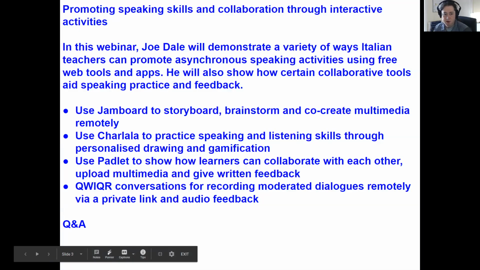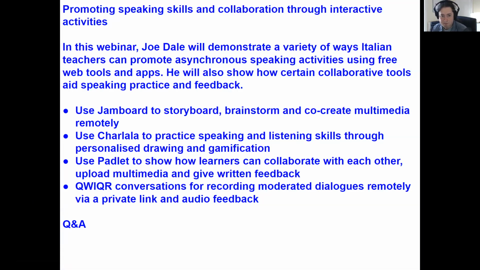Okay, so this is what we're going to try and cover in the next hour. As you can see, we're going to be looking at Jamboard with lots of examples of how you can use it, ones that I put together myself in the last couple of weeks. Charlala, which we've not looked at before, which normally goes down very nicely around speaking and listening skills. We're then going to have a dive into Padlet and how that can be used particularly for speaking practice. And then we're going to finish off with QWIQR conversations, which I would imagine would be probably new to most people. And I'll show you how you can use that particular tool as a way of promoting speaking practice asynchronously